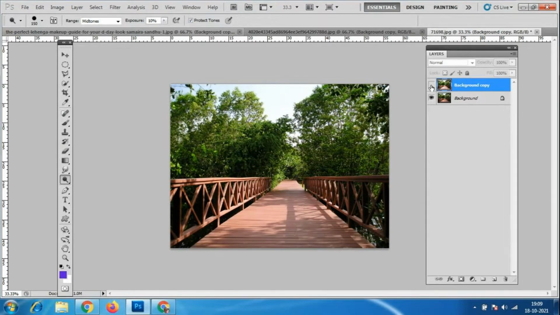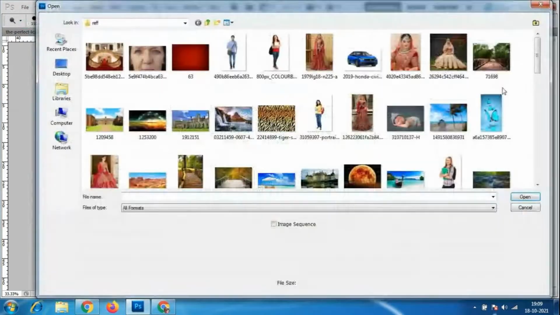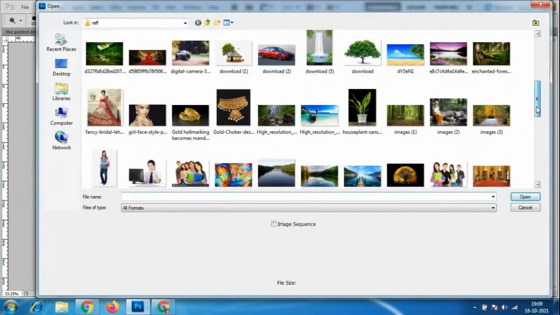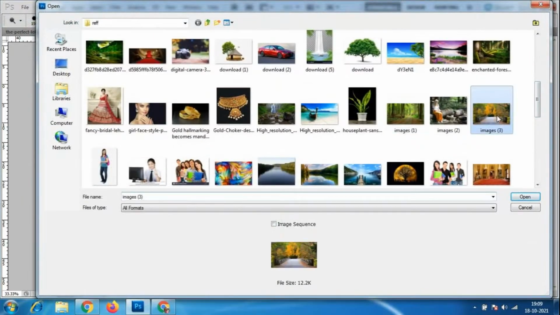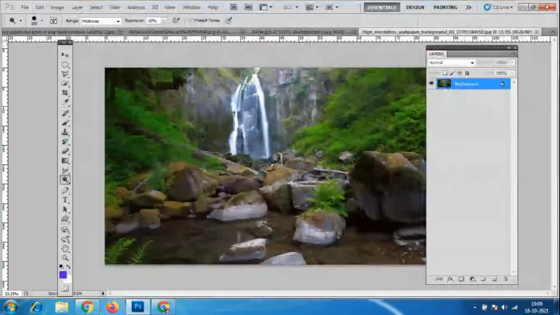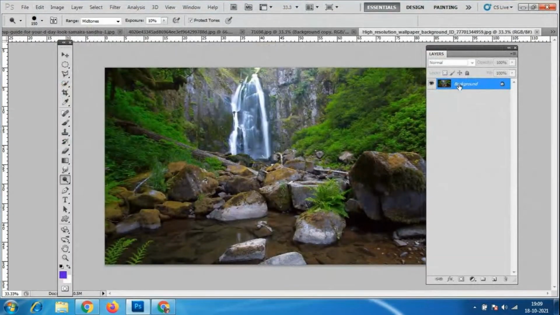So any of the images from a photo shoot you have already taken, or that you have taken on the mobile itself, those also you can change here. Okay, so like that, take a different background. So look here, this is the background.